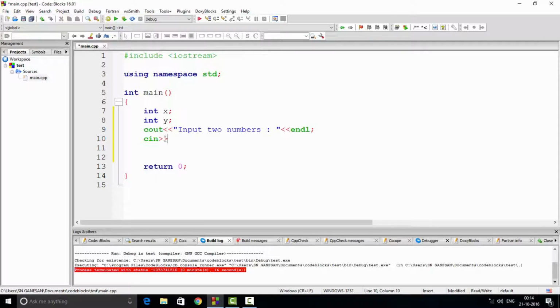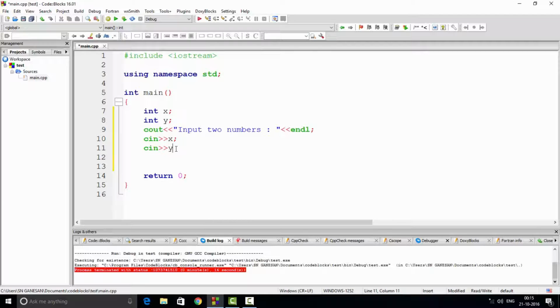You need to put greater than signs two times. You see the difference over here: when we were using cout, we were using less than signs, that is to give out, but while using the cin feature we are trying to take in, so we're going to write greater than signs two times. Now go ahead and write the variable's name which I created, that is x. End it with a semicolon. Go to the next line and then write cin and then y,